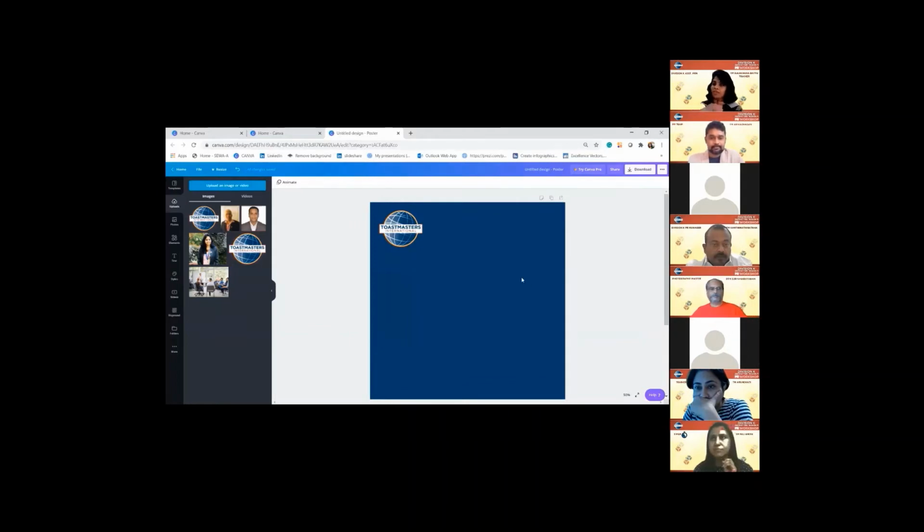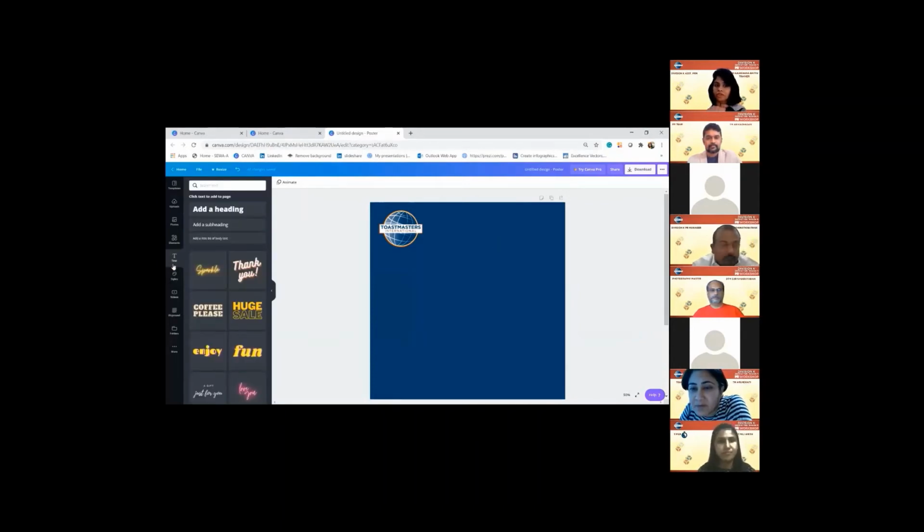So we are done with the background color. We are done with the logo. What's the next important thing? We need the 3 C's. What are the 3 C's? That is the club name, the color, which is done, and the contact details. Now we'll go to the club name. How do we write the club name?